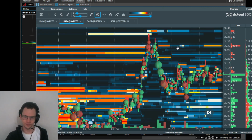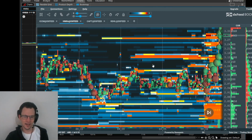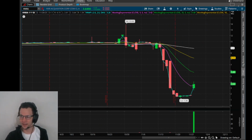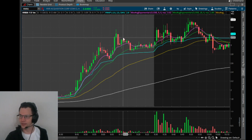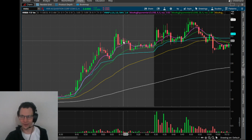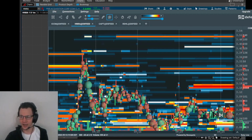And then my short, I didn't really have one. Looking at the book, there's really nothing here that made me want to short. I don't want to short over here because I don't really see any ask up higher, and I see bids down lower. So I'm like, well, what's the edge? Yeah, sure, if we go back to the pre-market, we had a nice squeeze, and it's pulling back, but just because it's pulling back doesn't mean it's weak. Just because these bounces aren't going anywhere doesn't mean it's weak. If I see bids on the book and I don't see a lot of asks stacked higher, then there's nothing that I'm going to short,